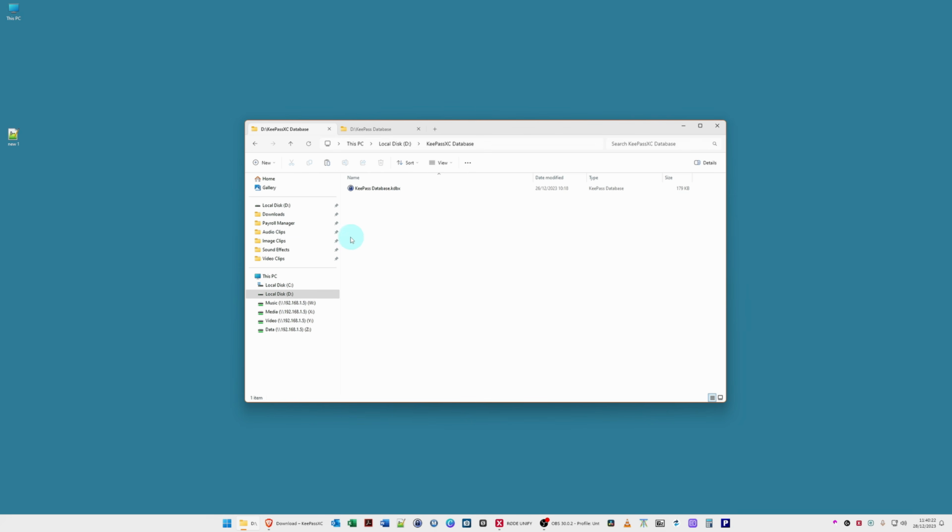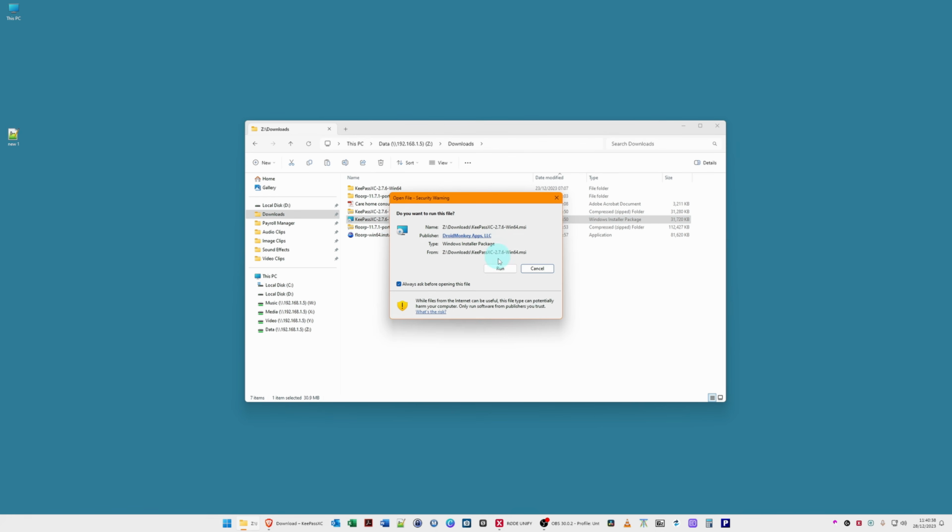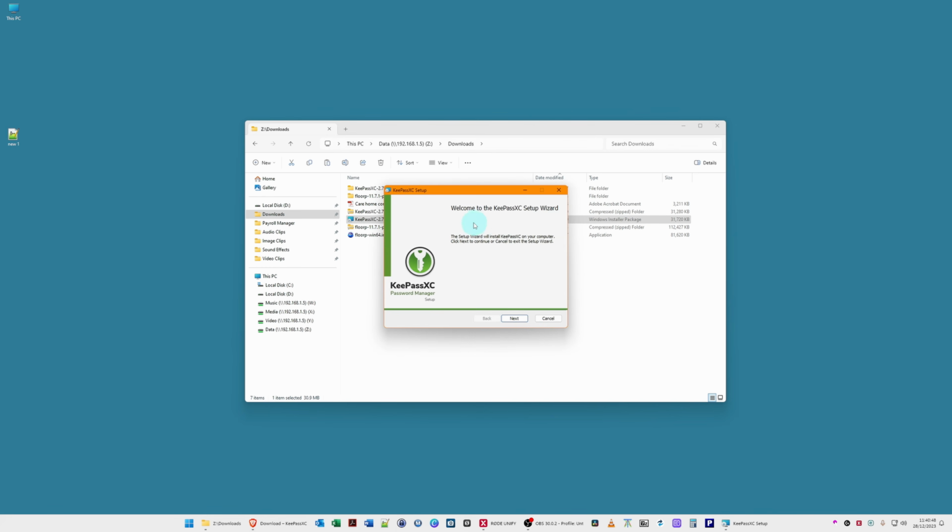So now that we've done that, we'll reopen the KeePassXC 2.7.6 Win64 application, and we'll go ahead and run it. With the open file security warning window up on screen, we'll click run, and then we'll go through the steps to install